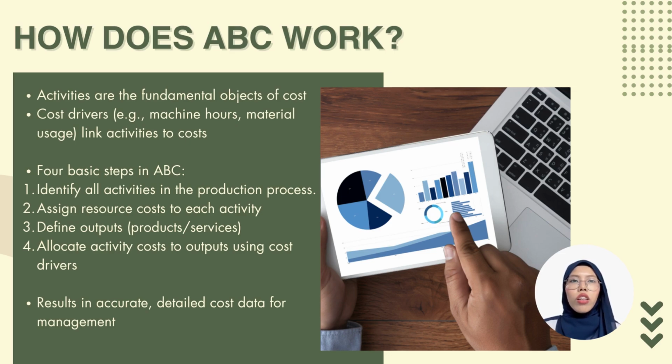First, identify all the activities involved in the production process. Second, assign resource costs like labor, materials, and overhead to each activity. Third, define the output, which can be products or services. Finally, allocate the activity costs to these outputs using appropriate cost drivers. By following these steps, ABC provides management with accurate and detailed cost data. This supports better planning, control, and decision-making, which is why ABC has been widely adopted in manufacturing and other industries for cost control and